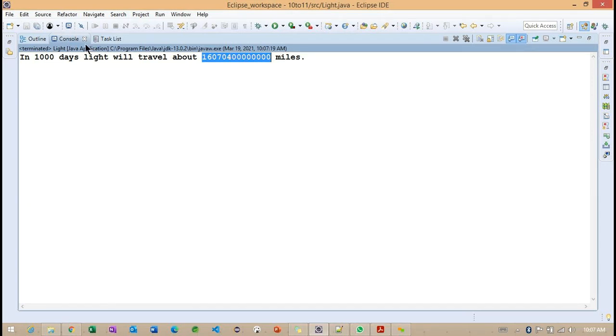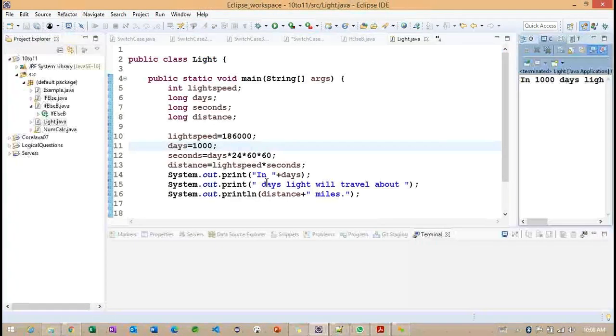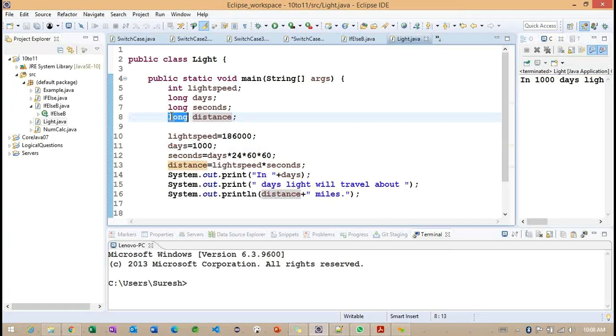If you observe the distance here, which data type are we using? We are working with the long data type. Now you can see the distance we made as long data type.